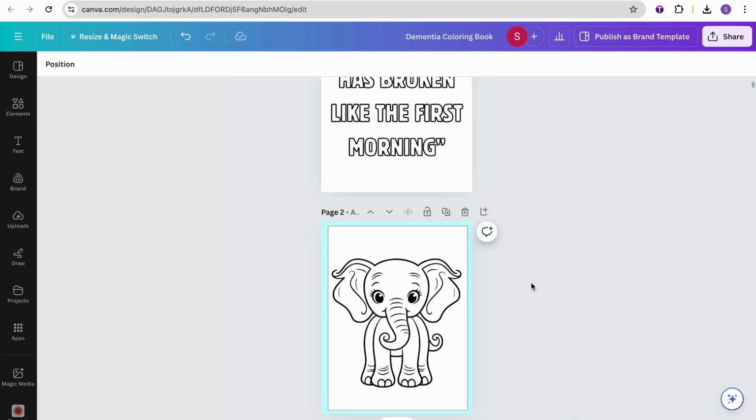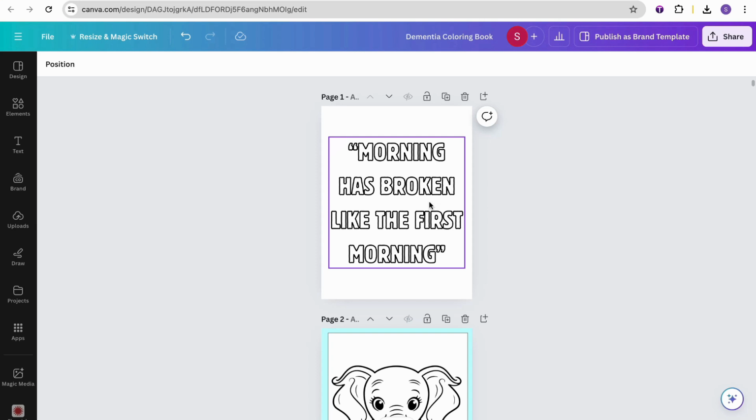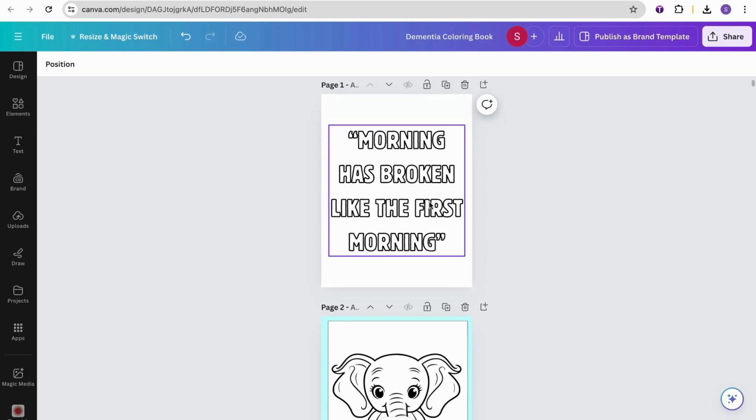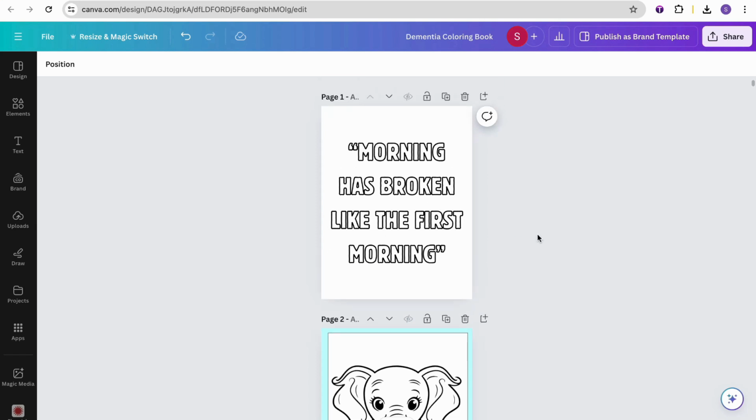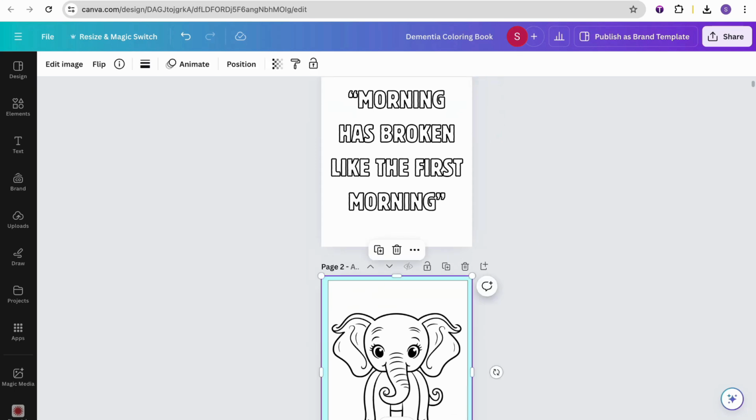And then also think, how can you best produce something that really benefits the customer, or in this case, somebody with dementia? Keep it simple and add in some things that you think might make it a little bit more relatable. But once you're happy with the interior, all you then need to do is get rid of these background